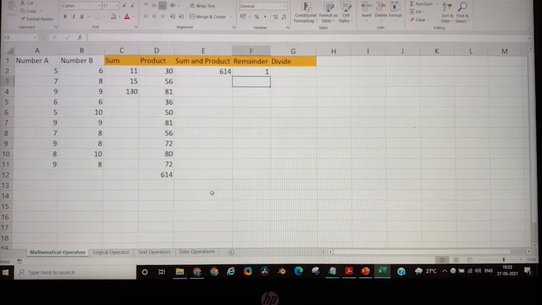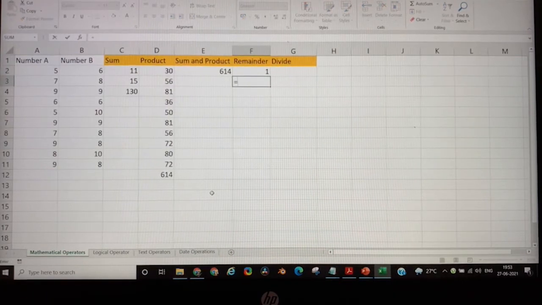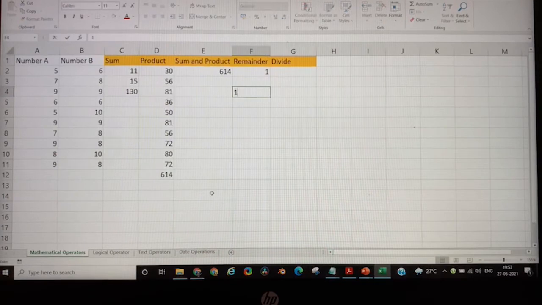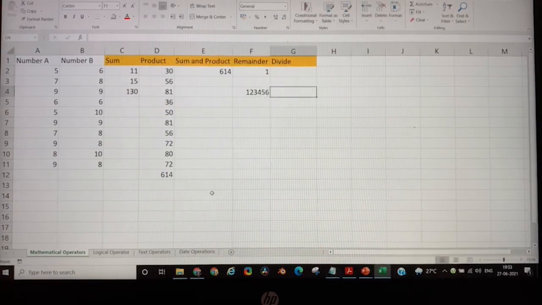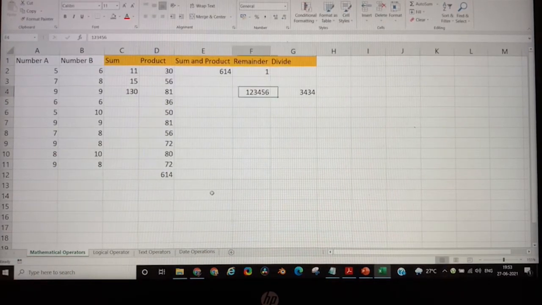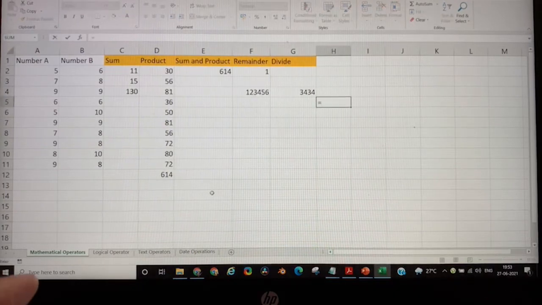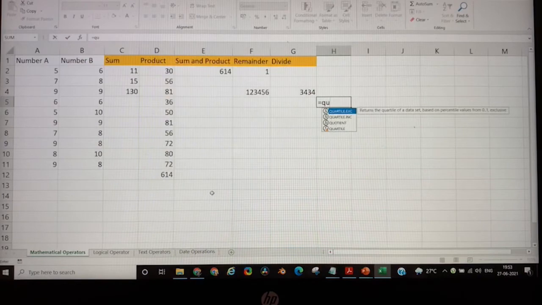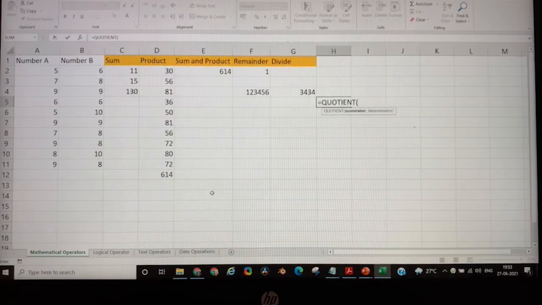Similarly, if you want to get the quotient value, in this case it is very straightforward, but let's say I have two numbers, 1 2 3 4 5 6 and then I have another number, and I want to find out the quotient value of these two numbers. There's a formula for quotient. You can write the formula QUOTIENT. The numerator is this, that is what goes on the top.